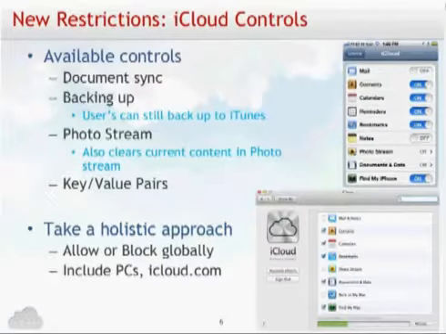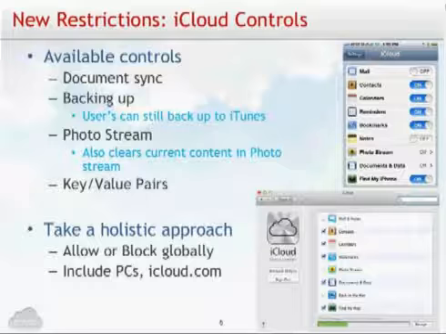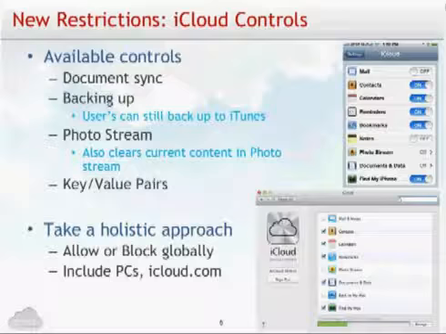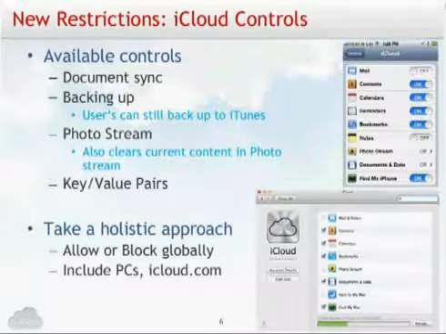All right, we're going to open up our second poll right now, and what we're going to ask is, are you planning on using iCloud in your organization? And while I wait for that one to come through, the last bit in this slide